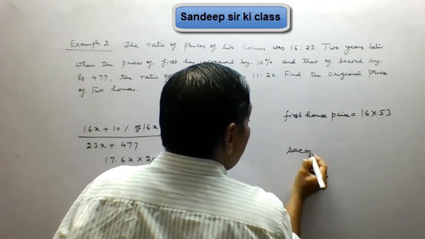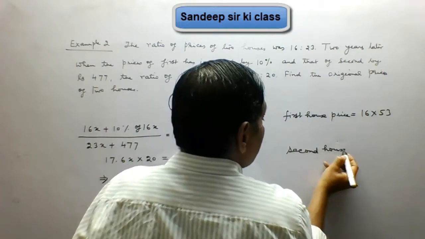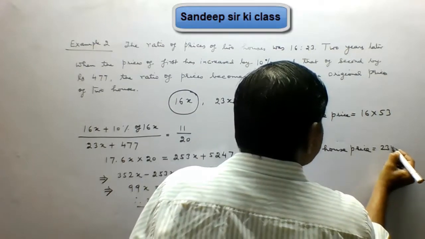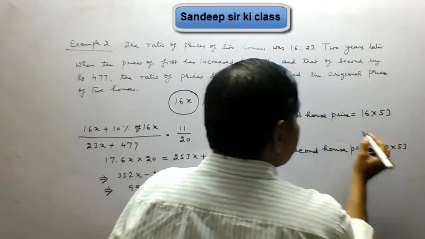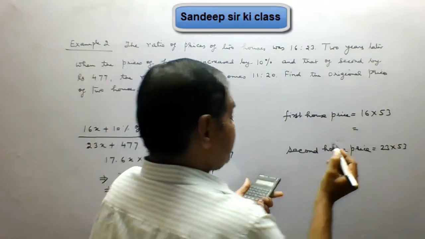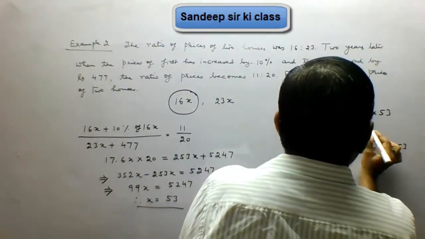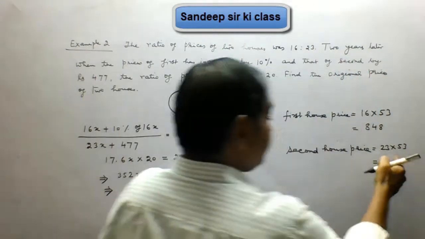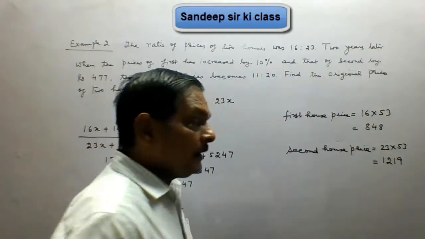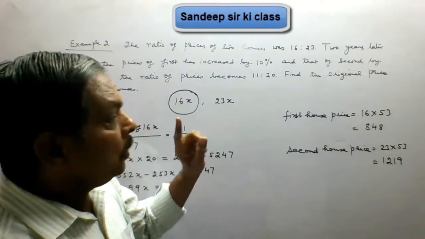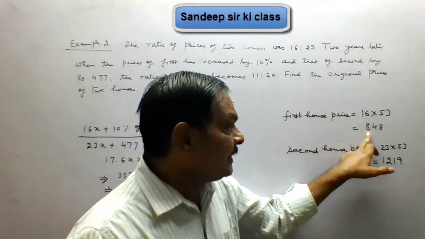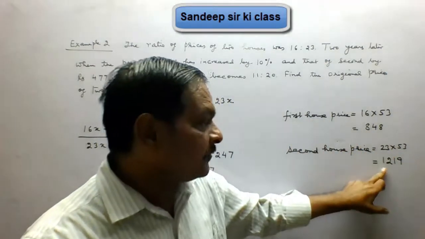And the second house price will be 23x, which means 23 into 53. Calculate it. This value is 848 and this value is 1219. So the original price of the first house is rupees 848 and that of the second house is